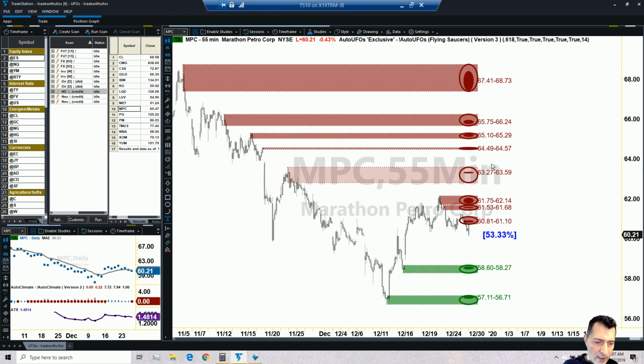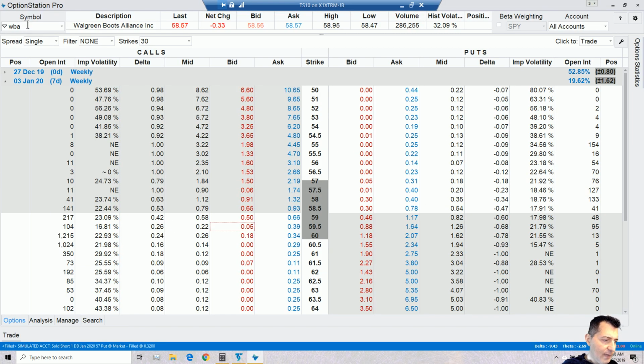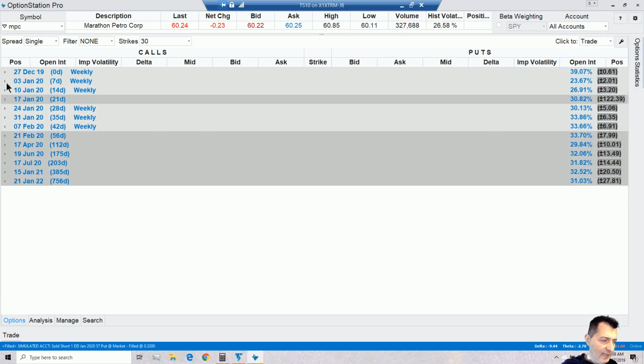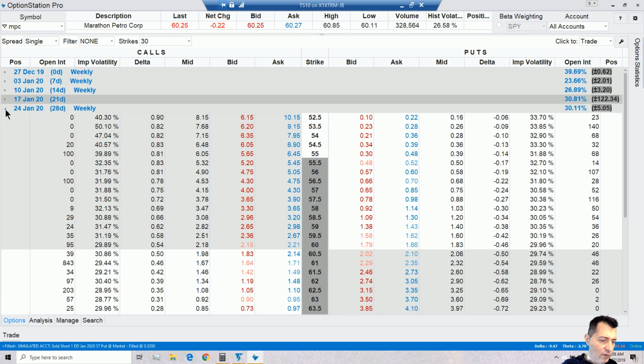If I zoom in, we can certainly see multiple UFOs above and below. So we should be able to find a setup quite easily here. The key question would be the premium that we're gonna collect. If I sell the 62s or the 63s, the question is how much I get paid, and also remember the liquidity. And remember we said earnings are on the 29th of January, so we're gonna have to use